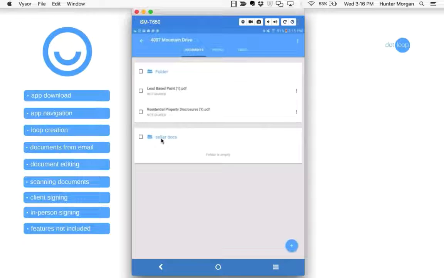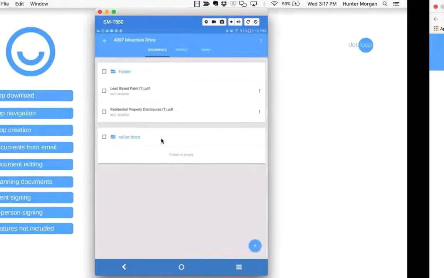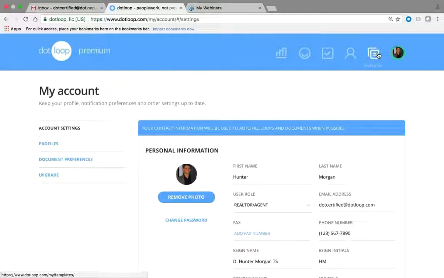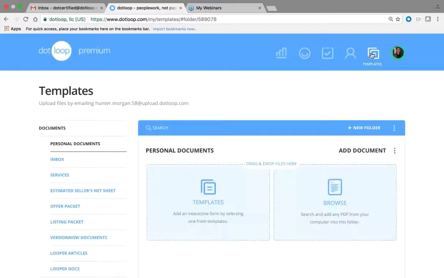All right. Now this involves a little bit of work beforehand, but it's worth doing for the future. So here's the setup for this. You're going to log into your desktop, or next time you're logged into your desktop, go to your global template section. So right now we're not looking in the app. We're actually logged in the browser on our computer. I'm going to go to the global template section, and in the upper left-hand corner,